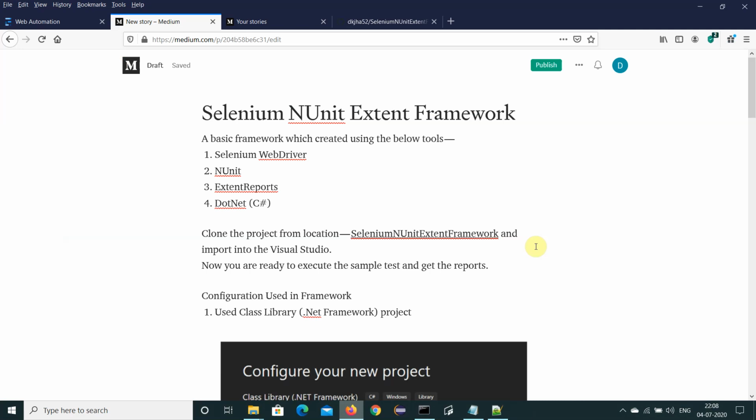So I have created a framework using Selenium and NUnit with Extent. Just wanted to share it with you, so you can try it and let me know your feedback. You can just look into my screen. So this is the framework